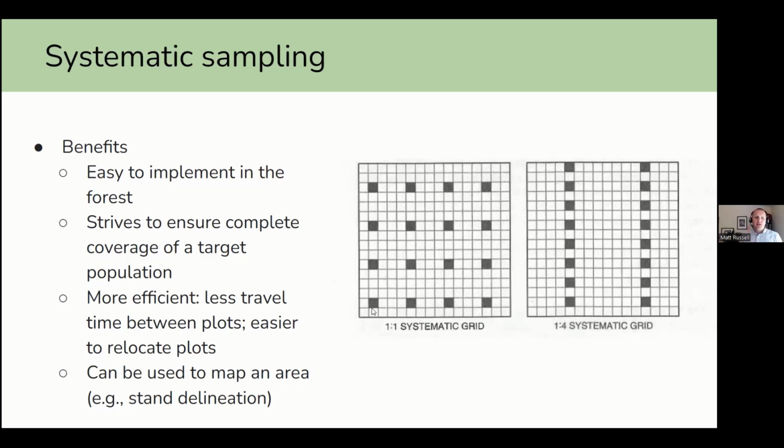Systematic sampling is often done because it can help to delineate things that you see on the ground. In particular, for areas where you have multiple stands, say a forest that is very young, recently planted 5-year-old pine trees, and adjacent to that you have 60-year-old hardwood trees, by doing the systematic grid you can almost begin to delineate where those boundaries are, depending on how intensively you sample across this grid. So there are lots of advantages to a systematic approach like this.